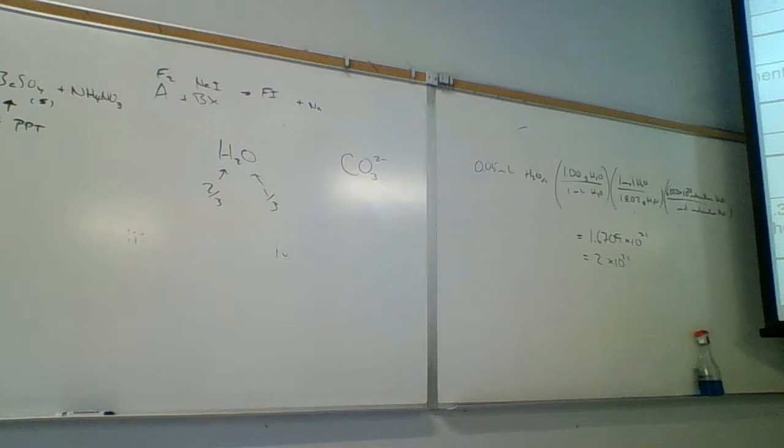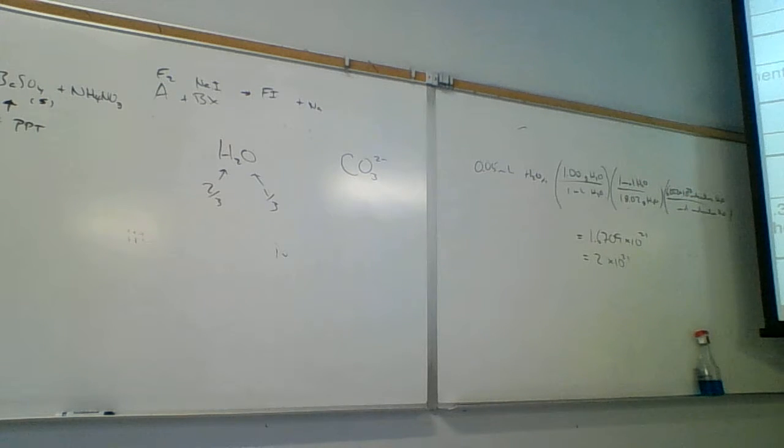And so for the IE, we ionize just the strong electrolytes. The strong electrolytes would be the strong acids, strong bases, and soluble salts. So it's barium nitrate, strong acid? No. Is barium nitrate a strong base? No. Is it a soluble salt? Yeah, all nitrate salts are soluble. And so we're going to ionize it into barium ions, and for every barium we need 2 nitrates to balance it. We're going to make sure we have the charges shown.